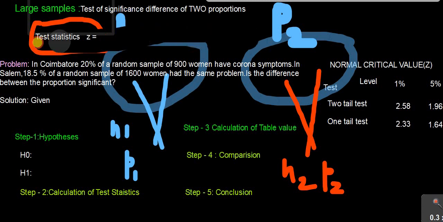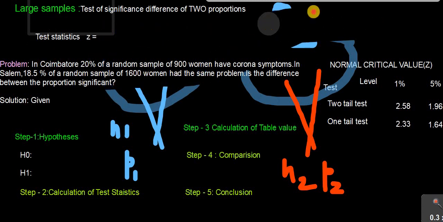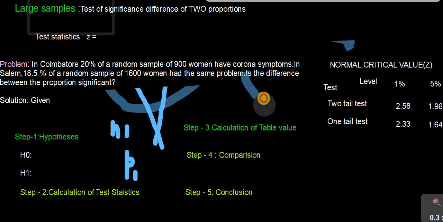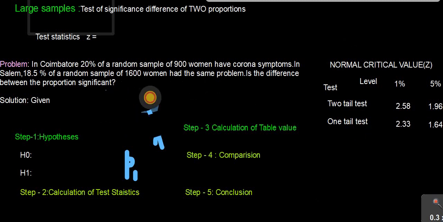With that in mind, I am going to take one problem and solve it. Let me erase all those things. Before that, we must know the statistical formula to test the significance for two proportions. Two proportions means two population proportions. The formula is given by